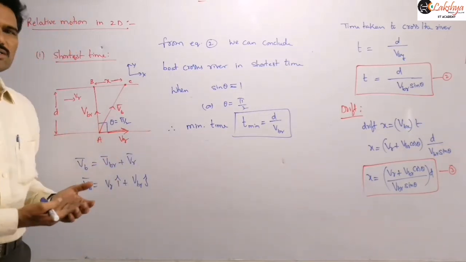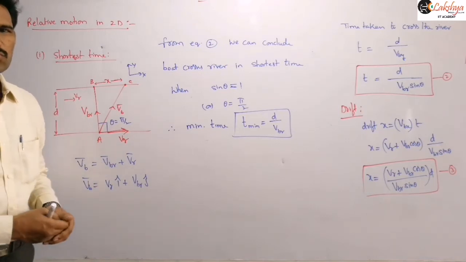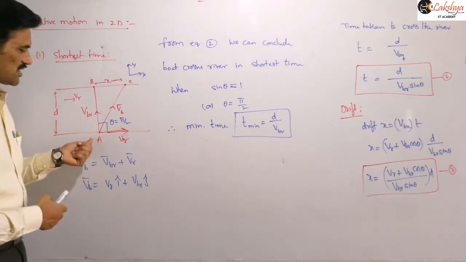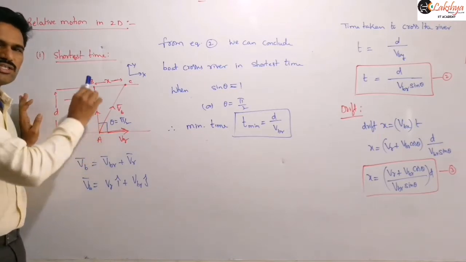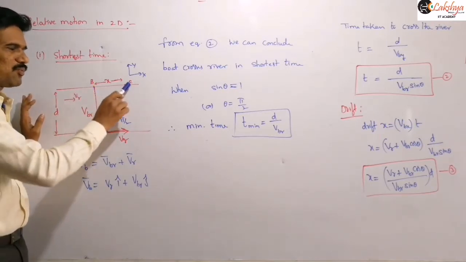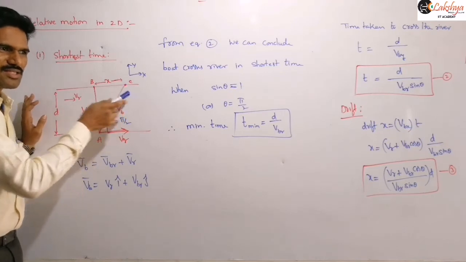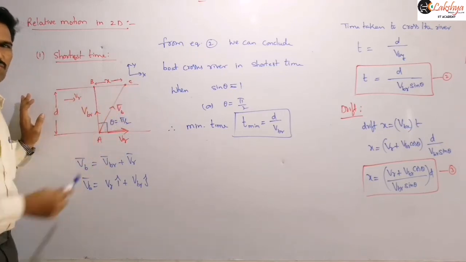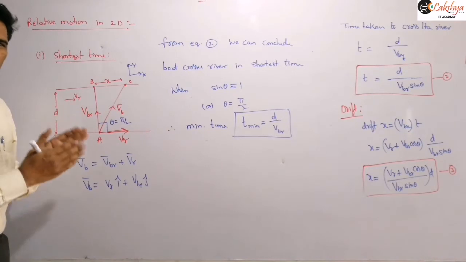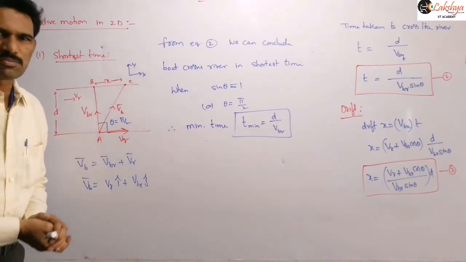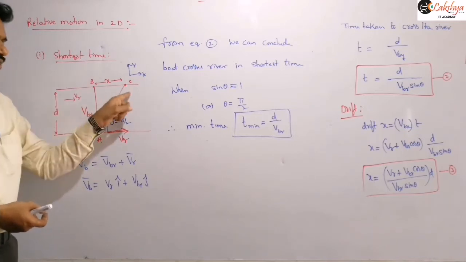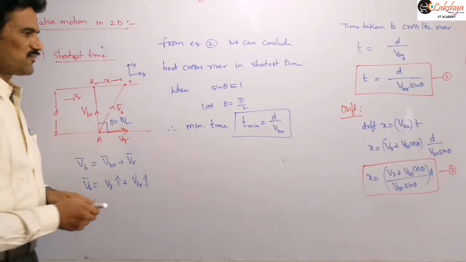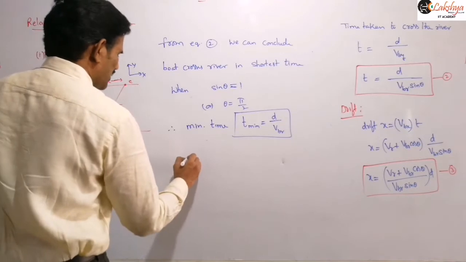Now in this shortest time case, the important thing you should note here is, if boat is starting here, even though it is starting its journey like this, it is not reaching the opposite point. It will reach some other point C here, and that indicates there will be some drift in the direction of the river flow here. Got it? The boat will cross the river in shortest time, but it does not reach the opposite point. It will reach somewhere here because of this drift. And so then drift in this case we can write this as,